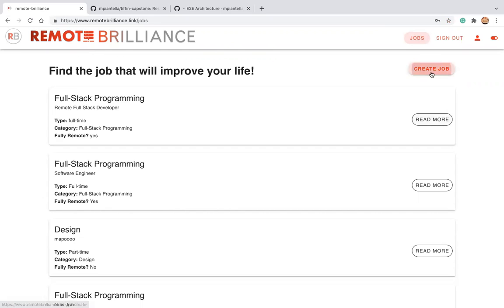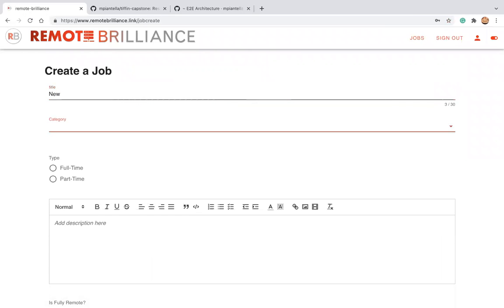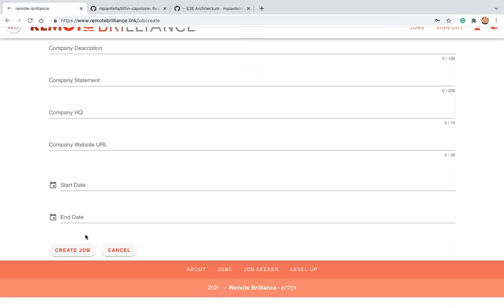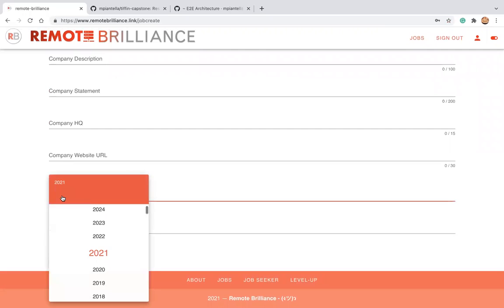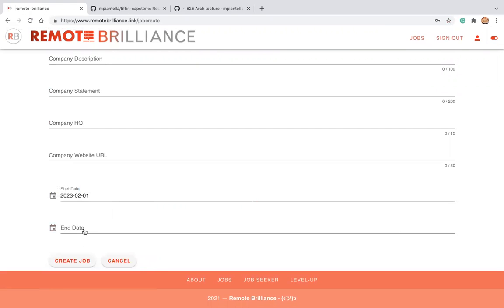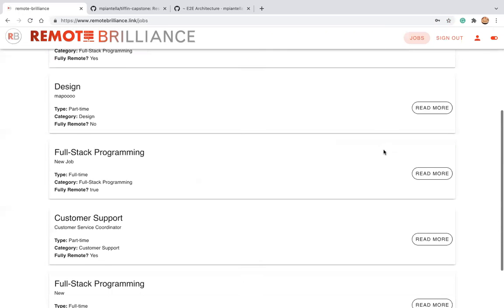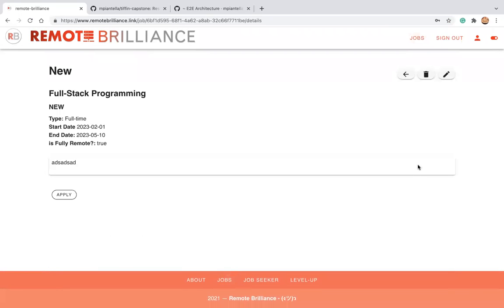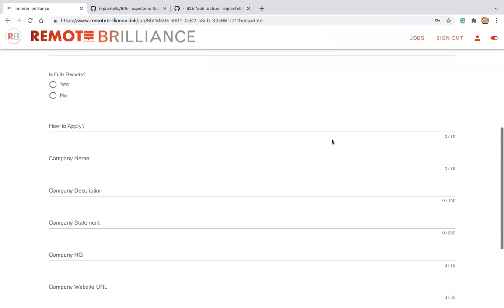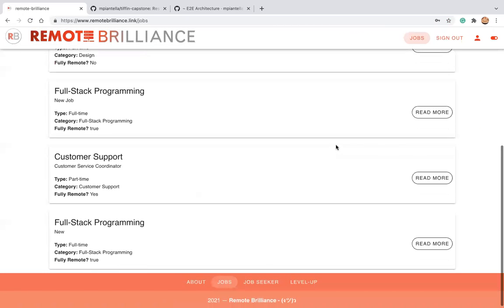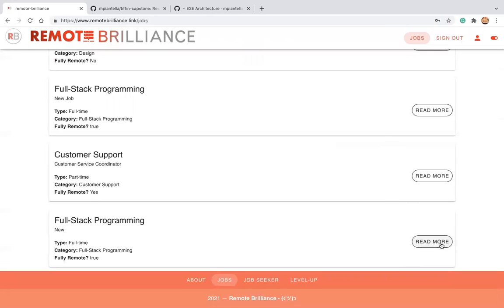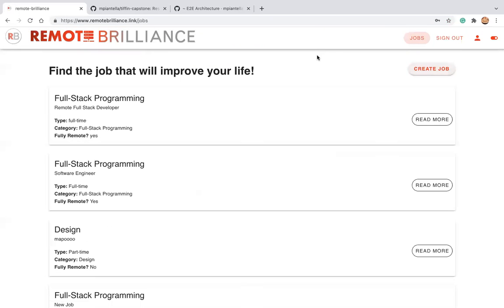Now you can create a job, you can access this page, new, and I'll just do a quick create. Hopefully this works for me. I'll just gather a date, and all of this that you see here is done by Vue.js. I can create a job. Full stack, this is the job I just created. I can delete it, but I'm not going to delete it just yet. I can edit it. I can add a new name, and then I can update it. I will delete it now so that I can show that piece working.